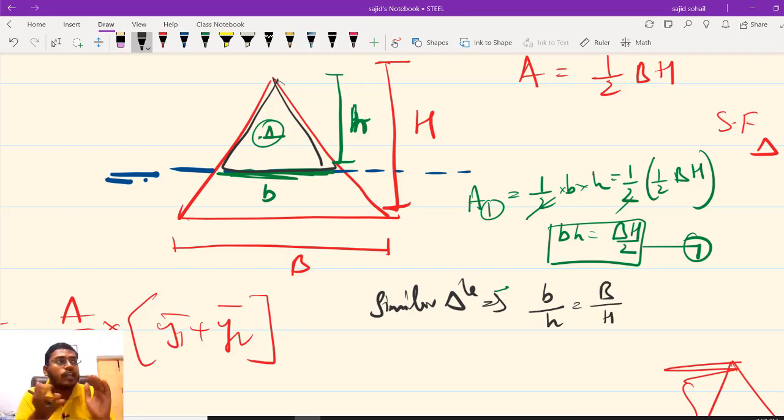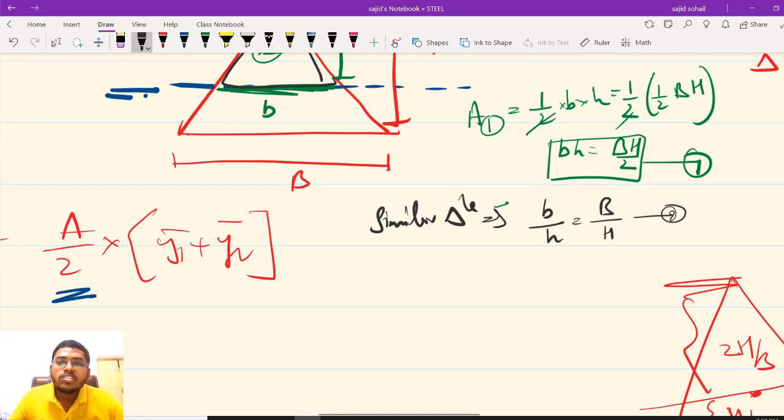एक ही हैक है. Okay, whenever you are seeing some geometry, you should be able to relate. मैं किस तरह से क्वेश्चन सॉल्व कर सकता हूँ. If you are able to write this, the problem is solved. So once you know this equation 2, I can easily write it down. Just break it in terms of b and h. So it will be very simple. I can write my b as capital B small h divided by capital H, right?